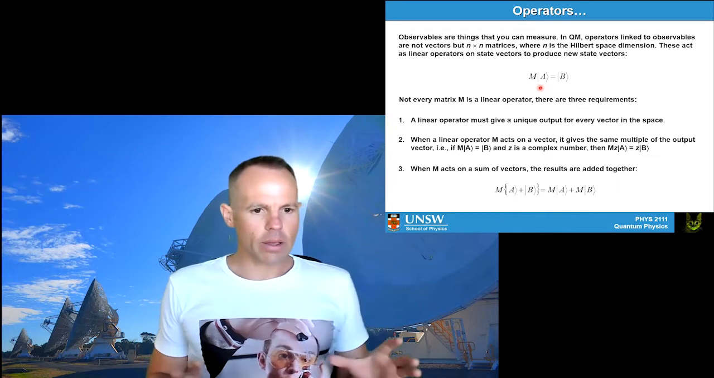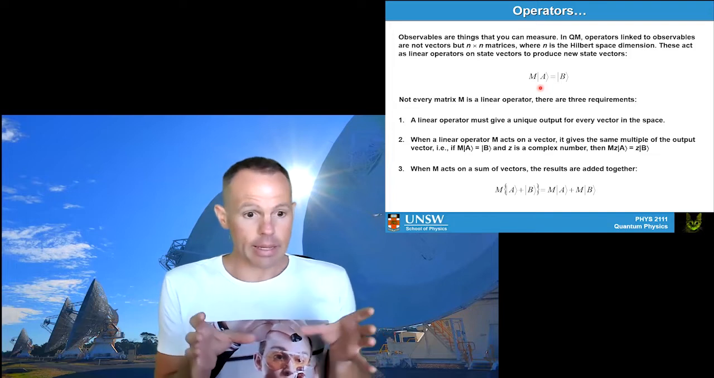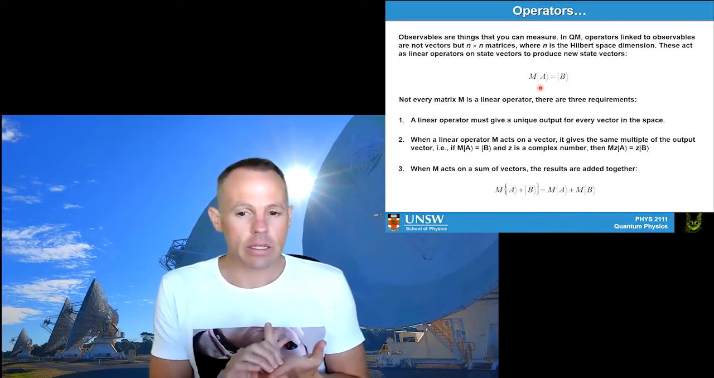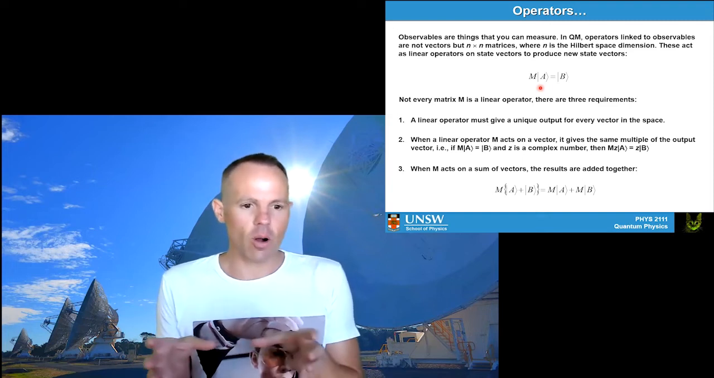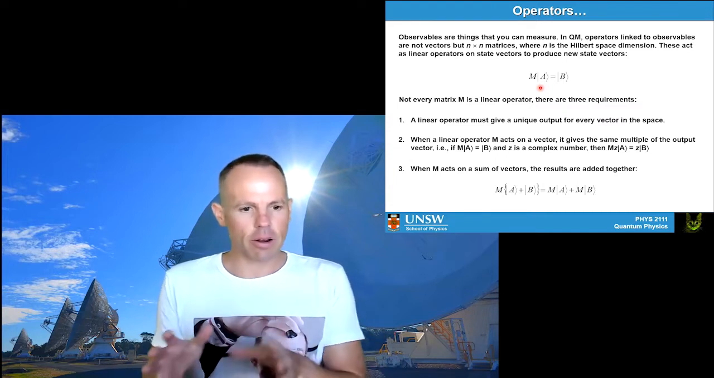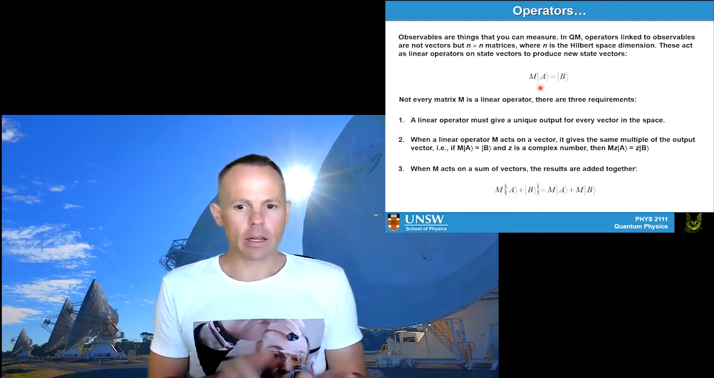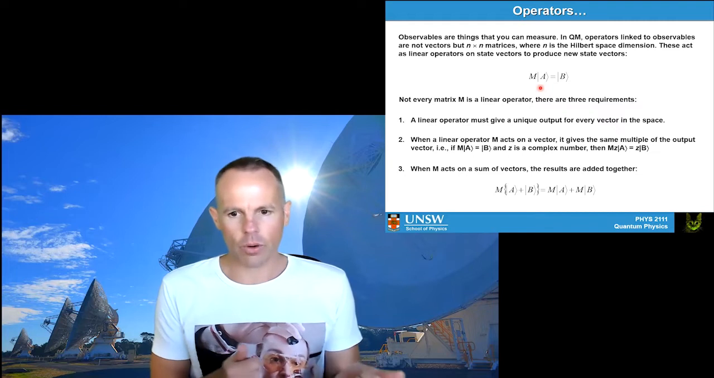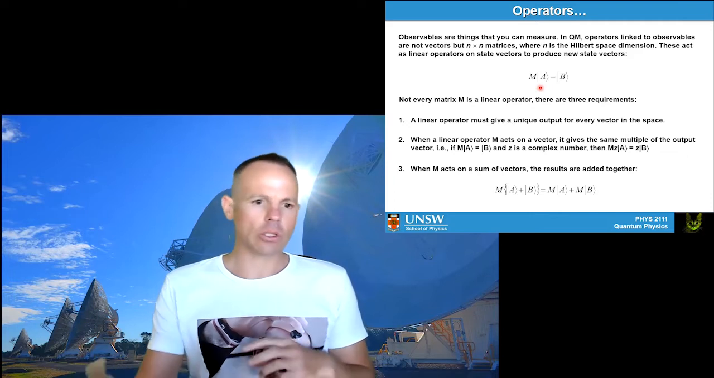Now, again, we're having to work our way through subsets here. So not every matrix M is a linear operator. The reason we care about that is that, in order to keep the mathematics well behaved for quantum mechanics, we actually want to stick with linear operators. So what we do here is basically restrict ourselves to the subset of matrices that are linear operators. What that means, of importance at least, is that the linear operator must give a unique output for every vector in the space. Okay. We don't want a situation where an operator gives you multiple answers,